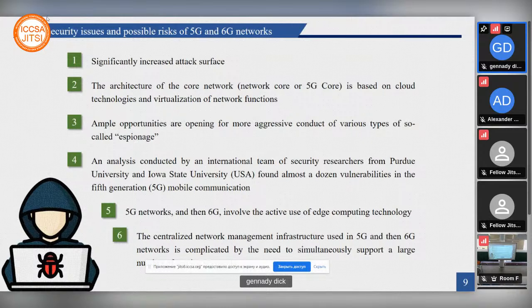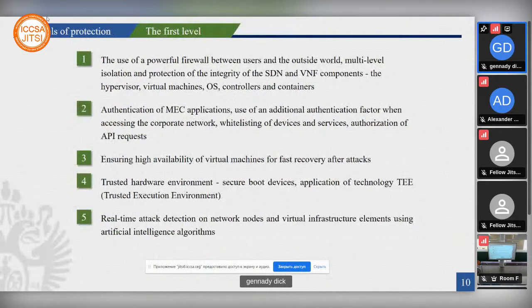Based on the analysis of possible security problems of 5G and 6G networks, it is proposed to define several levels of protection. The first level is protection at the level of implementation of technical solutions, building the network infrastructure and equipment, distributed options. And namely,